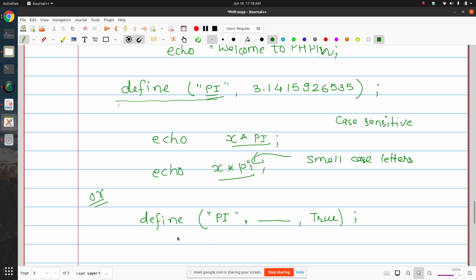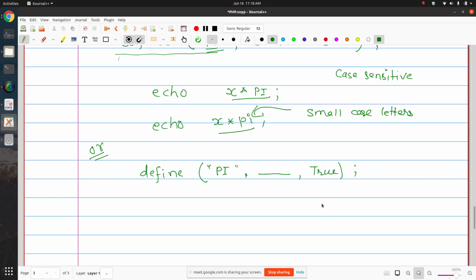When you define your constant this way, your constant pi becomes a case insensitive constant.